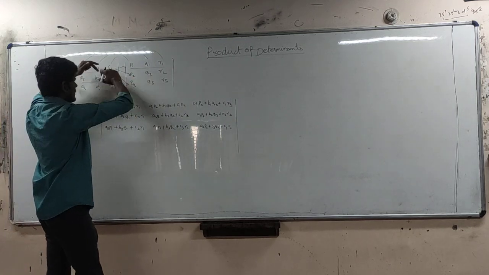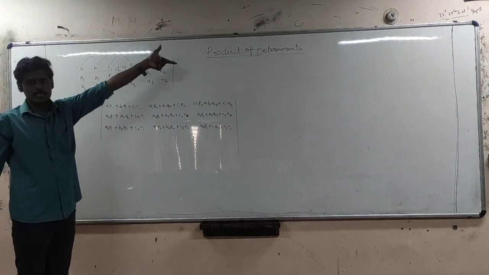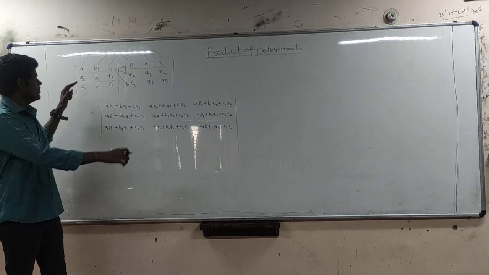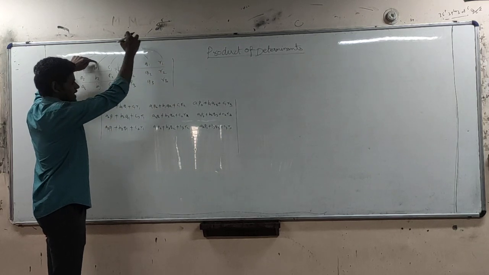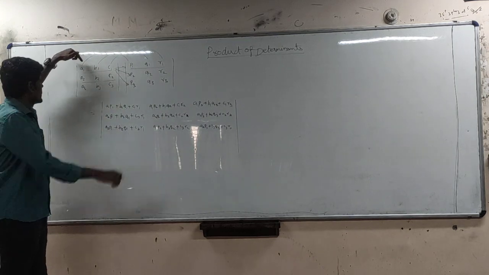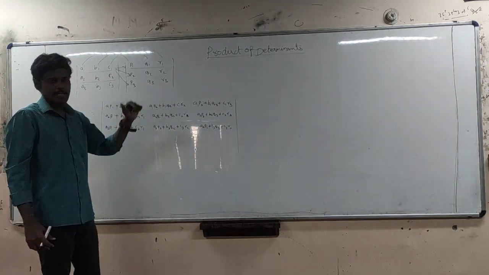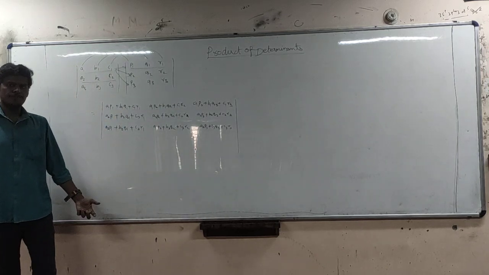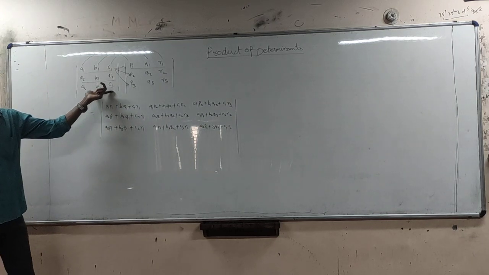Suppose instead of multiplying row to row, I take the transpose of this determinant. Then what will happen? Now here A1 into P1, B1 into, in this place, P2 will be there, right? So what this means is we are multiplying row by column. So the value is the same because determinant A transpose is determinant A. We can take the transpose and find the value of the determinant. It doesn't change.